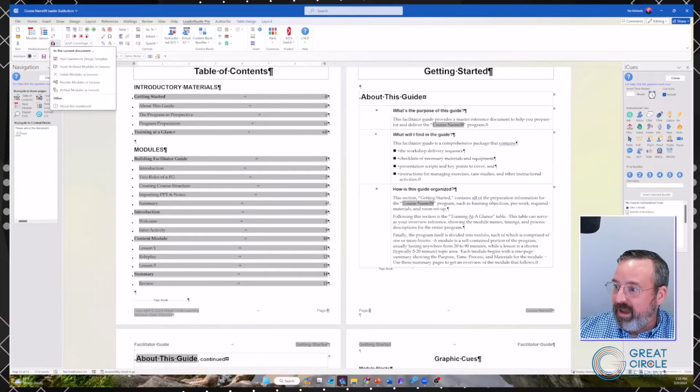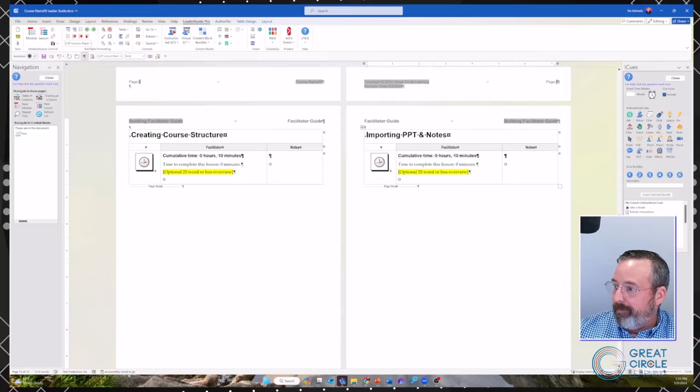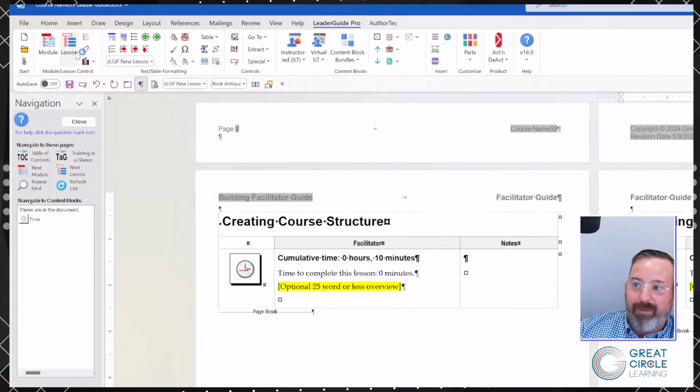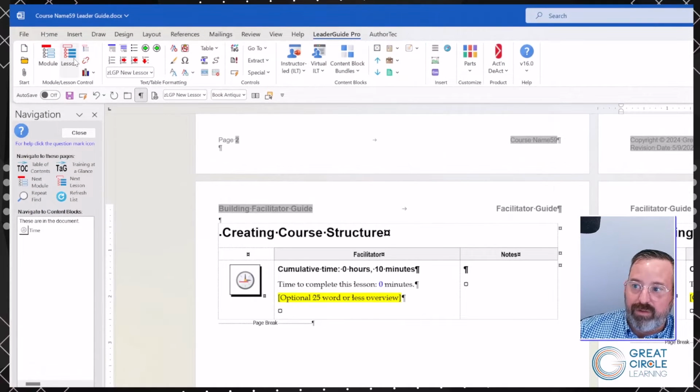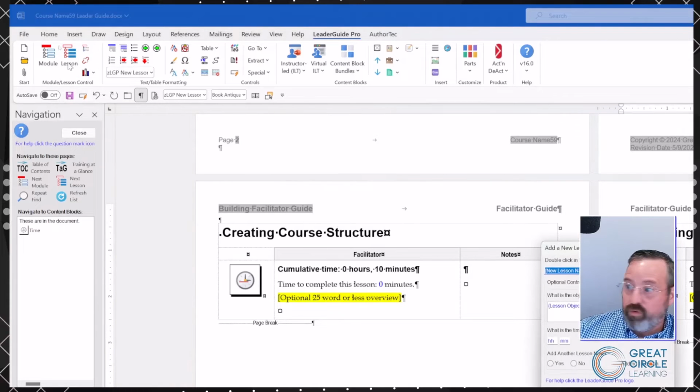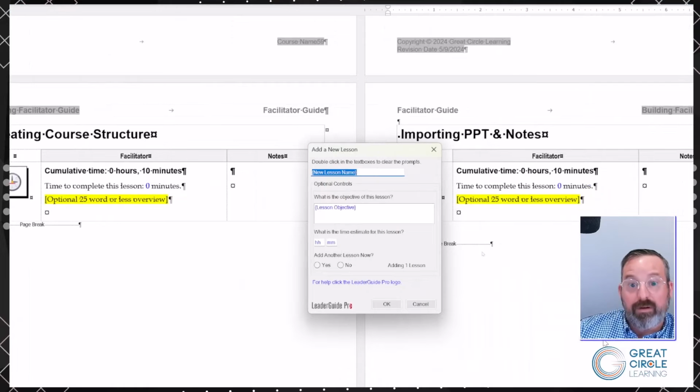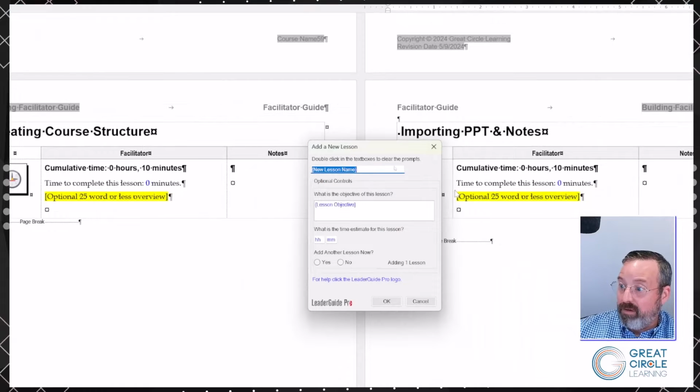If I just needed to have, at the end of this document, one more lesson or a module, I would just come up to the module lesson control and choose this, which will bring up our insert a lesson or insert a module dialog box. Now notice here, when you go and do the new module in LeaderGuide Pro version 16,